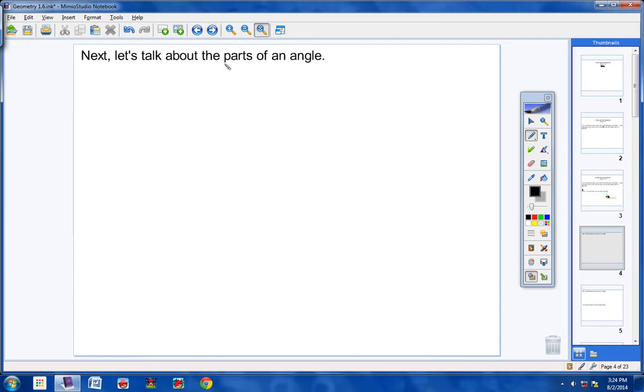Let's continue on. Now, I want to talk about the parts of an angle, and I need you to take some really good notes on this, okay? So please copy this angle in your notes if you would, please. And let me fix this so it's not so big. And please copy this in your notes if you would. All right, and here we go. First of all,